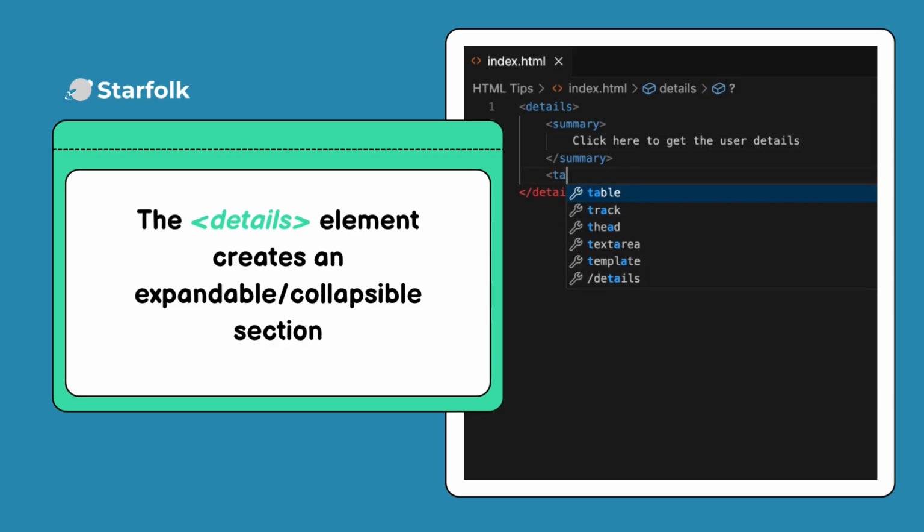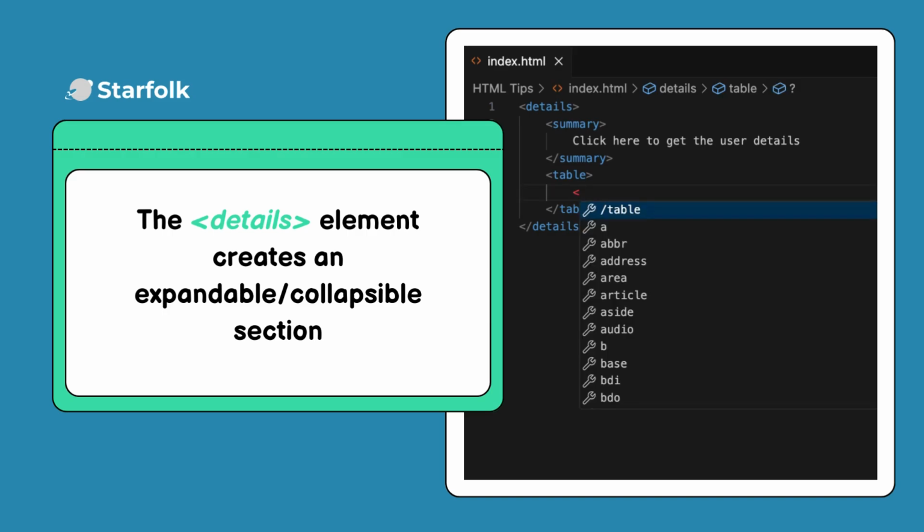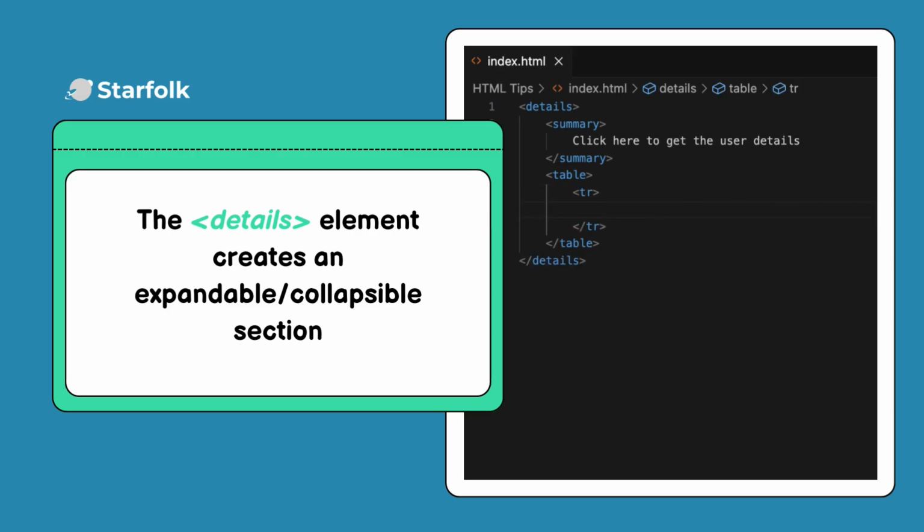To use it, you simply write details. Then, anything you put inside this tag will be the hidden content. To give users a clue about what's hidden, we use another tag along with details, called summary. Summary goes right inside the opening details tag. Whatever you write between the summary tags becomes a little heading or label that users can click to open or